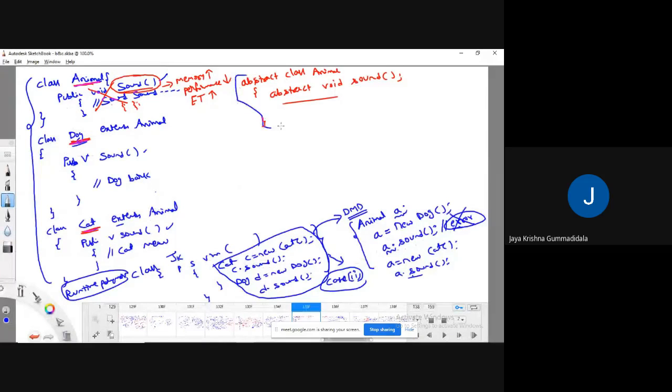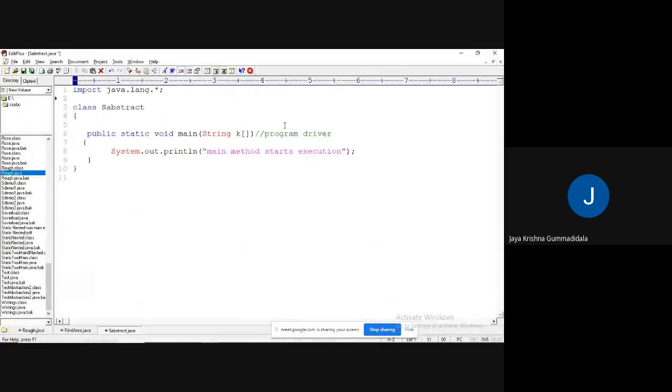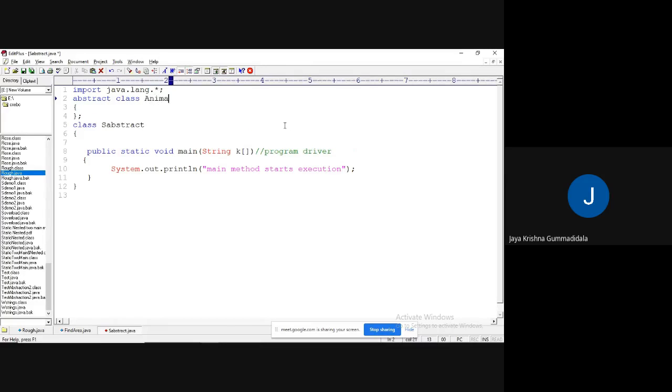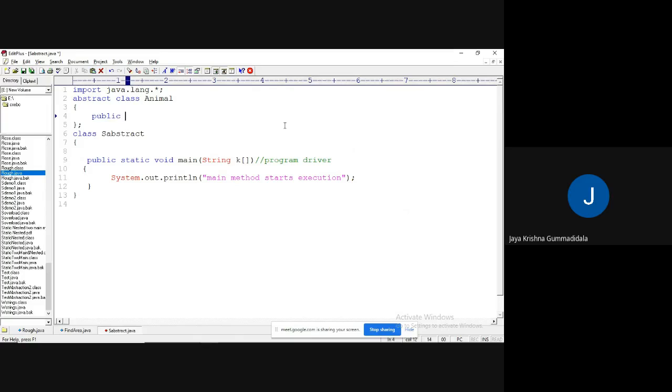So you know the reason why I'm taking it. I'm going to declare one abstract class, the class name is Animal. I made this one method abstract because this should be overridden by everyone in their own way. Even if we implemented it here, there is no use of it.